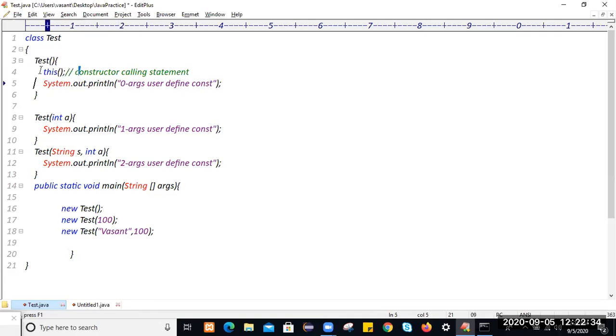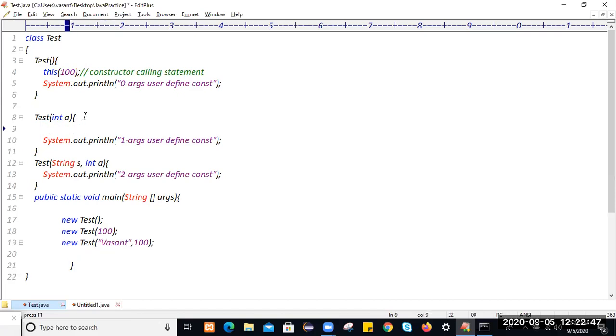But how many argument constructor are we calling? This is the zero argument constructor we can call by using this statement. Now we want to call the one argument constructor. Just use it like this. If you want to call the two argument constructor, just use it as the first statement within the constructor, like I will use a string value and an integer value as 10.